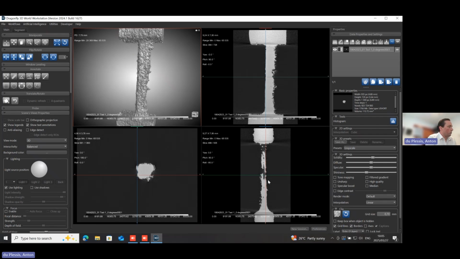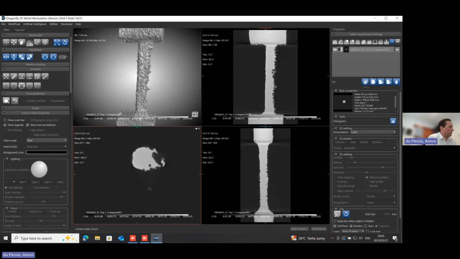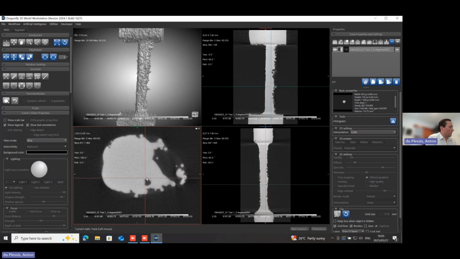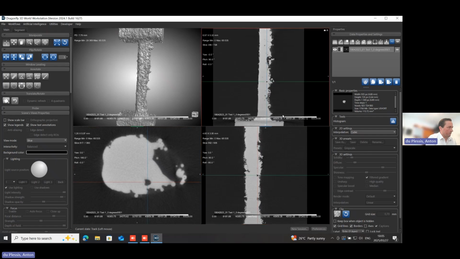If you look in the 2D cross-sectional windows, if you take this crosshairs to one of these features, you can see there a nice feature at the center of the crosshair. If you zoom in on that, you can see that quite nicely in all three views. So that's one example of the type of porosity we are interested in here.